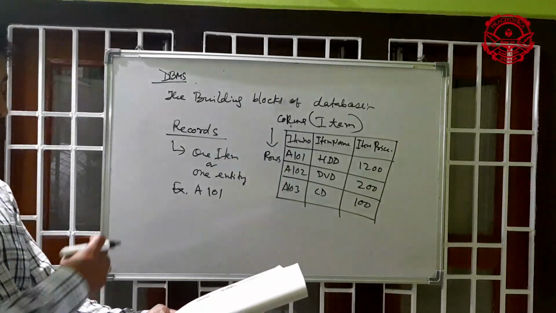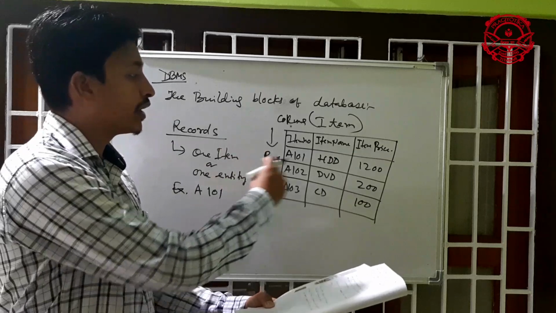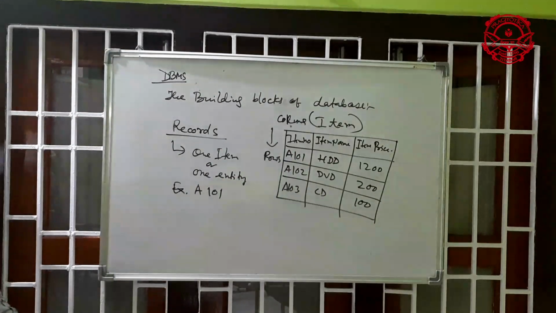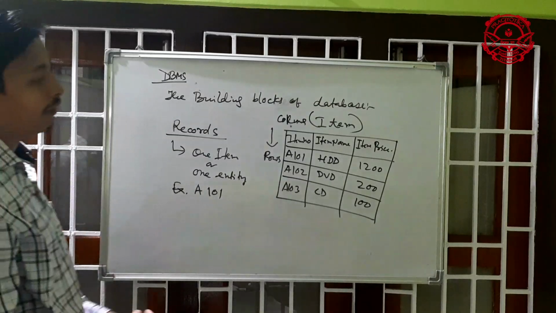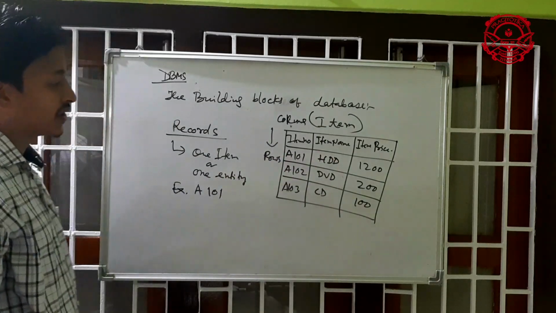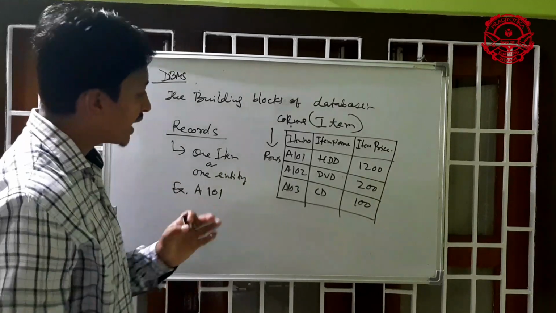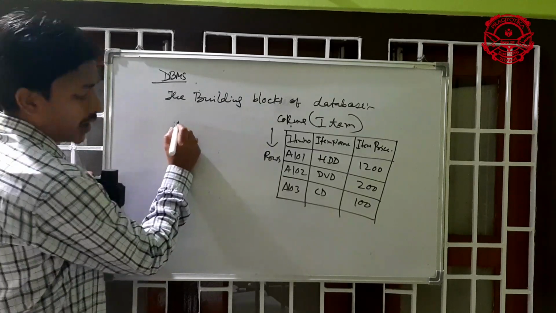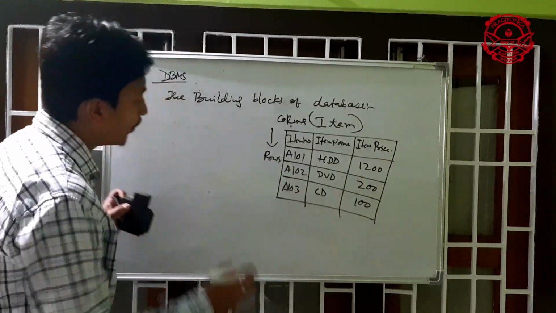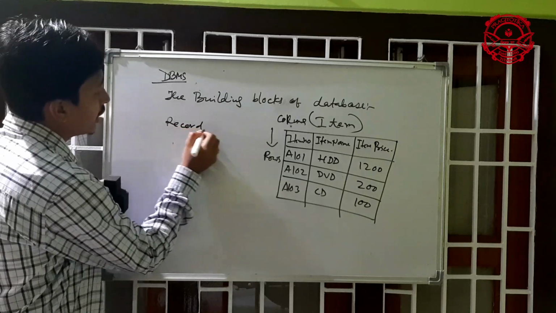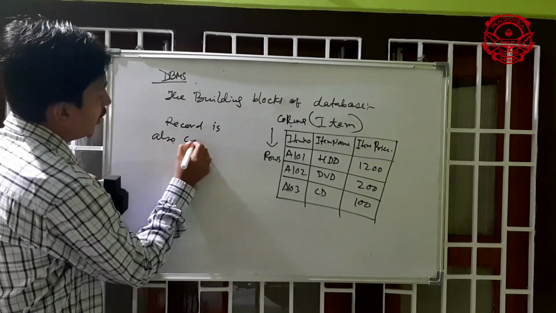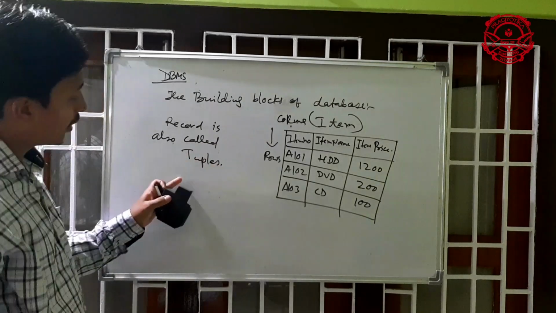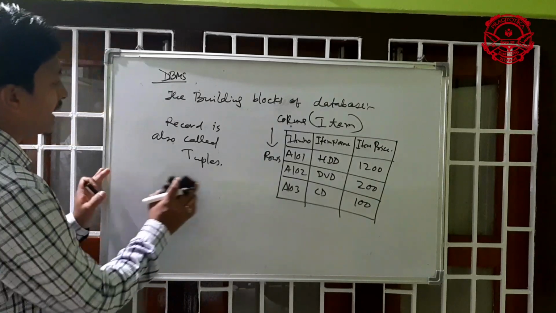or horizontal grouping of unique fields of data. So this is called a record. The record is also called a tuple. The tuple means record. Now the next thing is